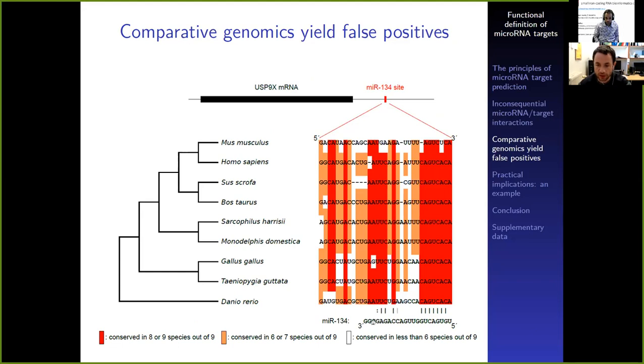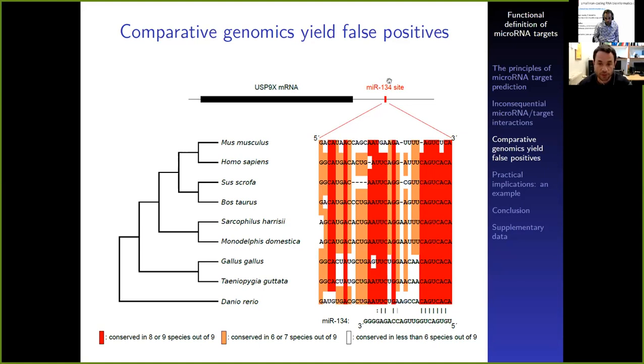So the human microRNA sequence is written here. The seed is on the 5' end, here on the right, so the seed match is here on the right. And it's very well conserved among these vertebrates, except in mouse here with two mismatches. In the other ones, it's very well conserved. Also, you see a very good conservation of the block of nucleotides facing the 3' end of the microRNA, which is also quite typical. So not surprisingly, this particular binding site is a very good bona fide target for miR134, according to most of these